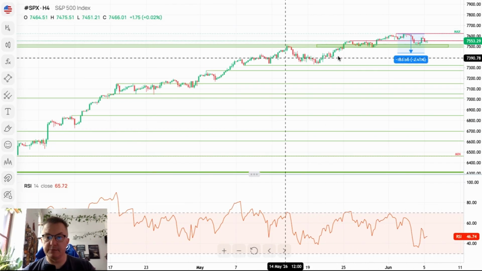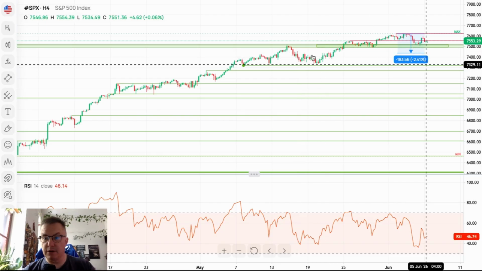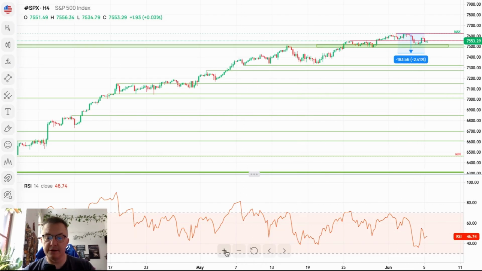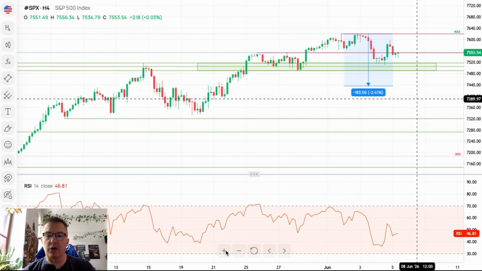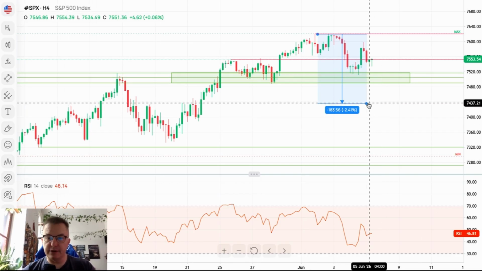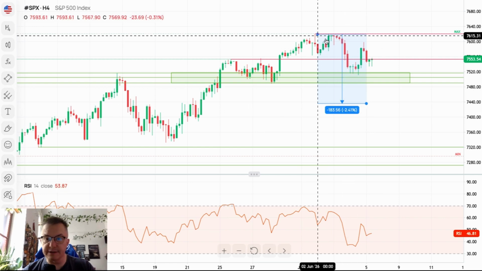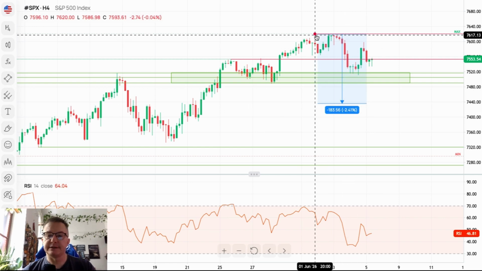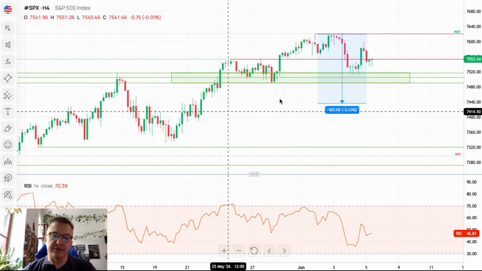Now, this is the biggest correction we got during this up move. This is the up move. This is the biggest correction. Any movement below minus 2.41 is another bearish sign because we have overbalance in price and time. The bad thing for the bulls is that if we break below minus 2.41, if this is still the swing high, 7,620, that's virtually nothing here.